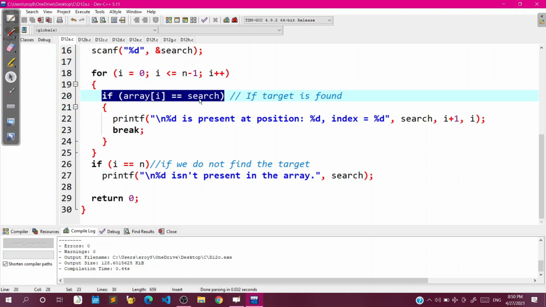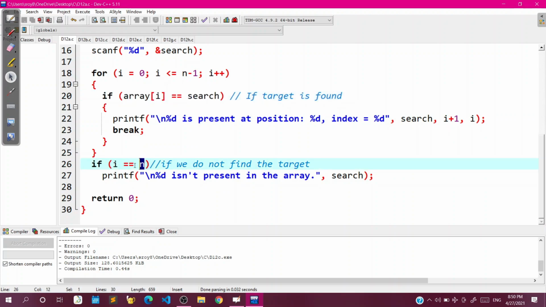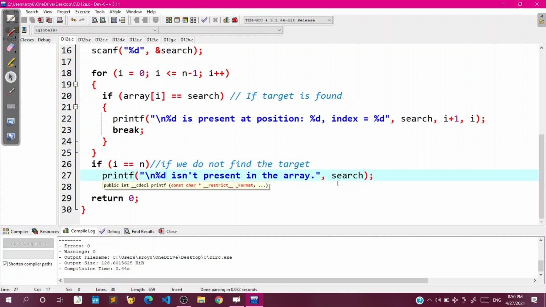So i keeps on incrementing and finally becomes n, and the loop breaks. When i reaches the size of the array, it indicates that we have not found the element, so we print that it's not present. Let us try and test this program.